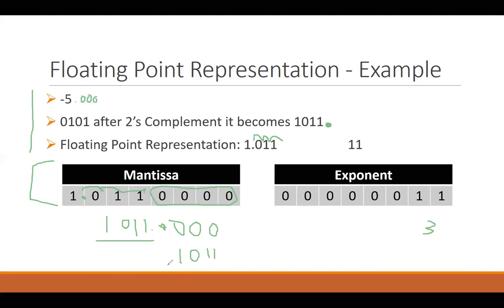And since the MSB of that value is 1, it's a negative value. I have to again take the 2's complement, and when I take the 2's complement of this value, the value becomes this. Now I cannot convert this value directly. I will take the 2's complement again and convert the result of that conversion. But since I had to take the 2's complement, the MSB was 1. That means the value was negative.